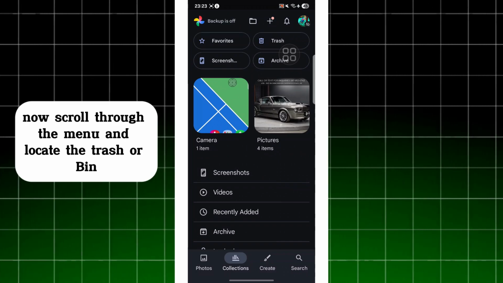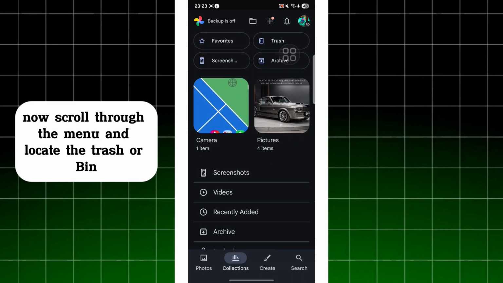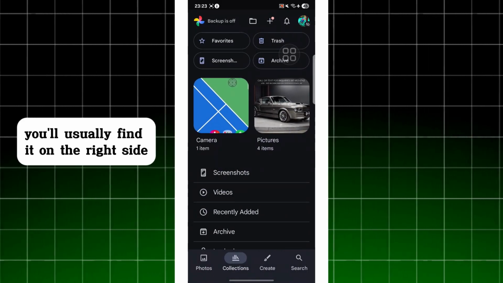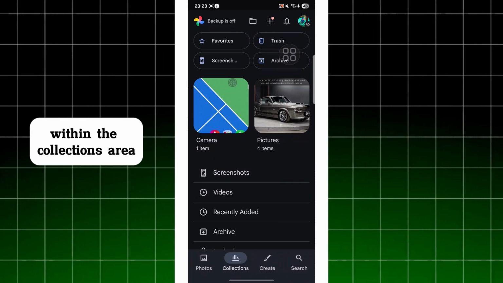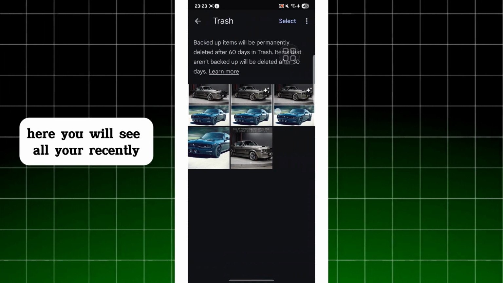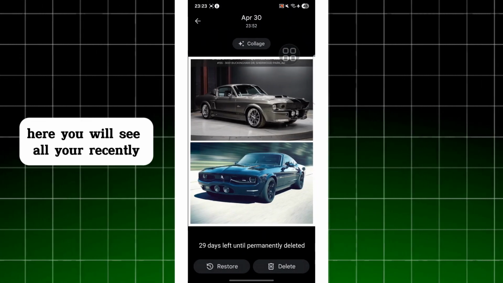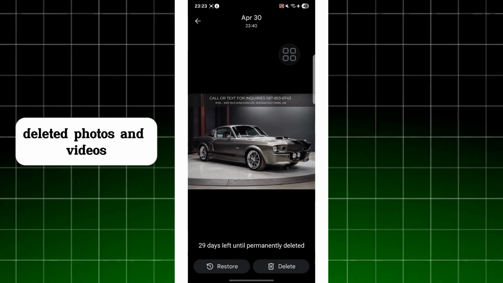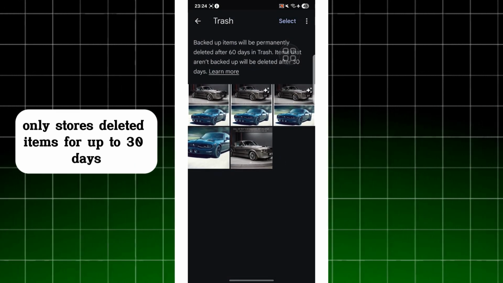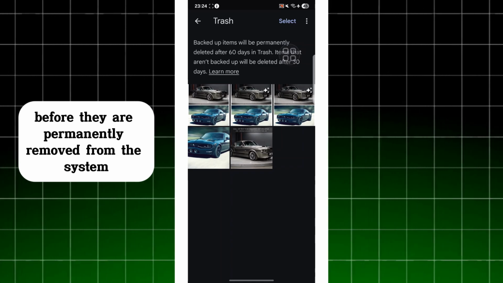Now, scroll through the menu and locate the Trash or Bin, Recycle Bin option. You'll usually find it on the right side within the Collections area. Tap on it to open the Deleted Items folder. Here, you will see all your recently deleted photos and videos. Keep in mind that Google Photos only stores deleted items for up to 30 days before they are permanently removed